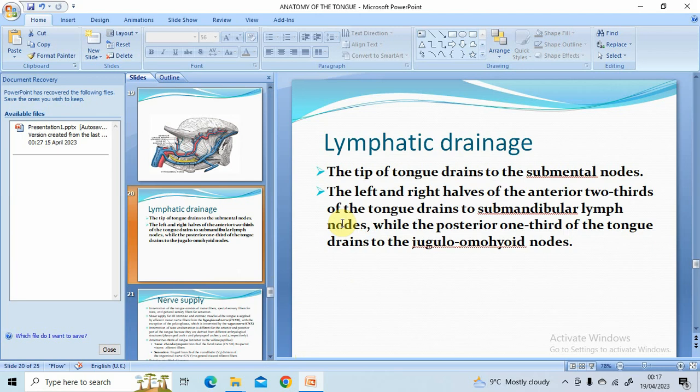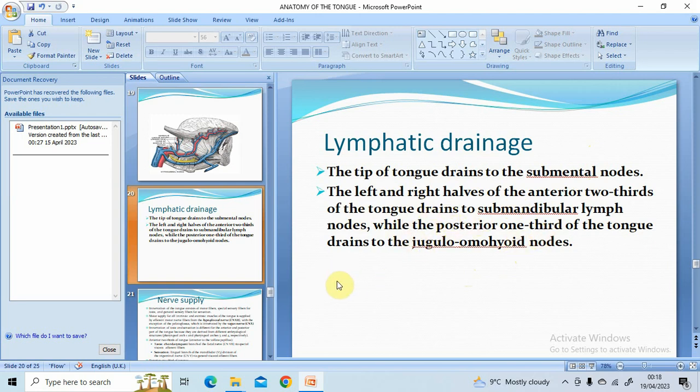We have about 3 nodes into which the lymphatic of the tongue is being drained. The tip of the tongue drains to the submental node. We have the submental node, the submandibular lymph node, and the jugular omohyoid. So the tip of the tongue drains to the submental nodes, while the left and the right half of the anterior two-thirds of the tongue drains to the submandibular lymph nodes, while the posterior one-third of the tongue drains to